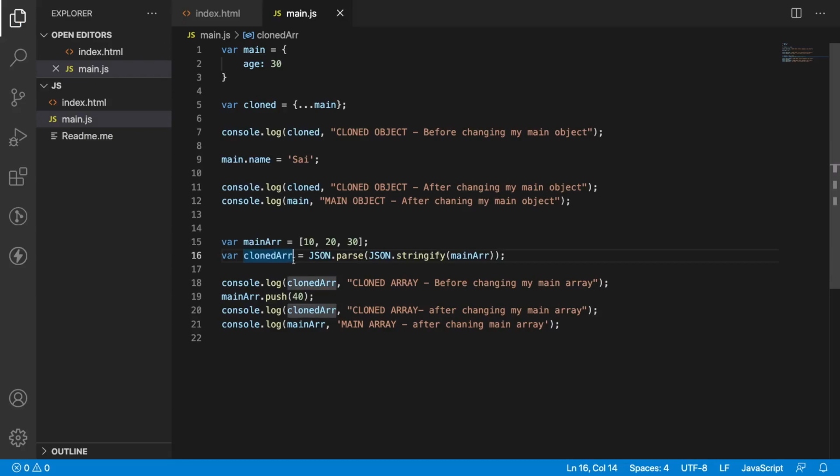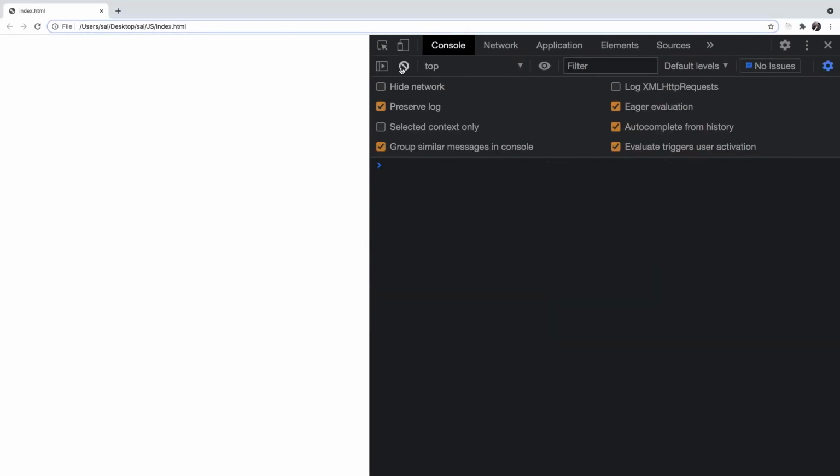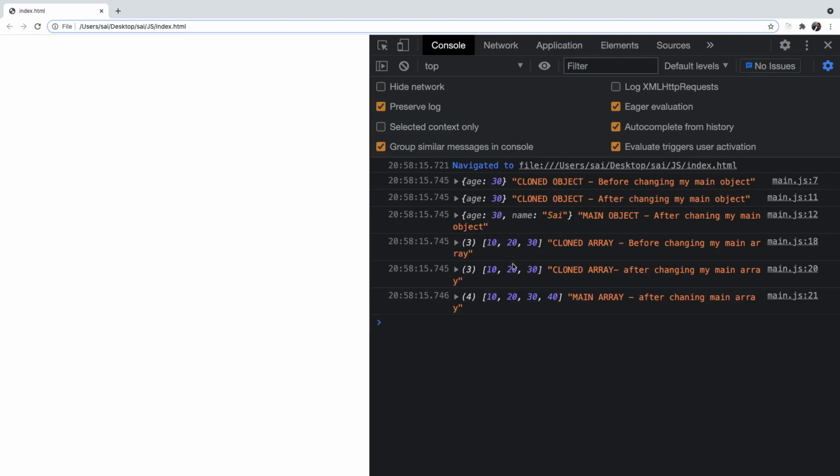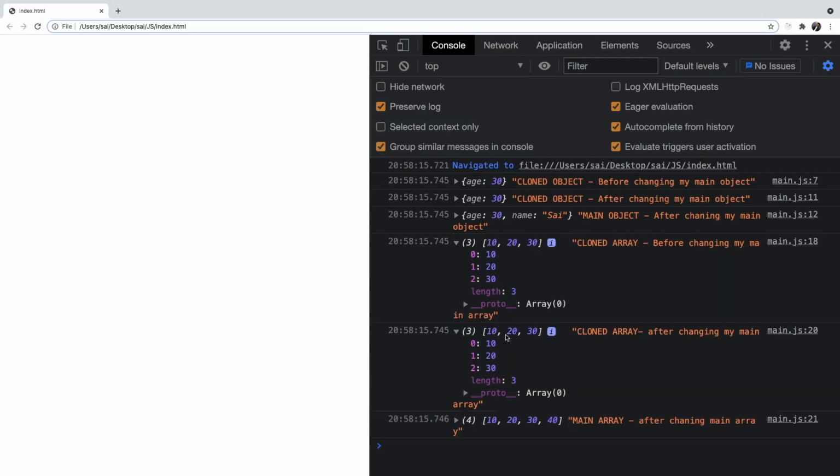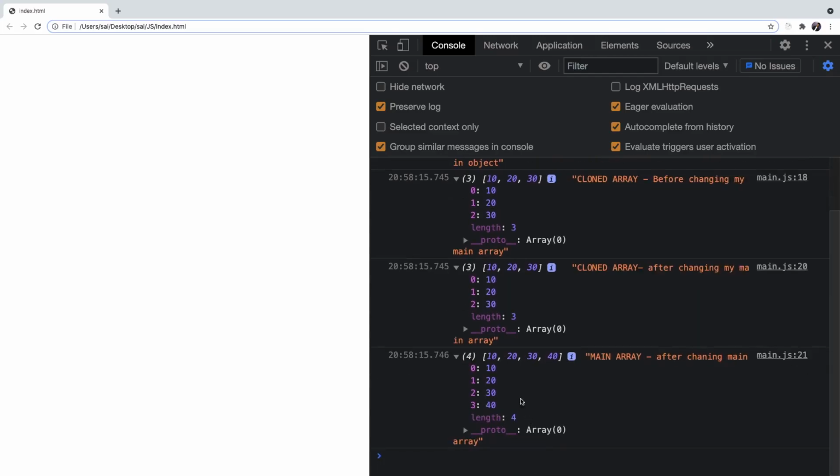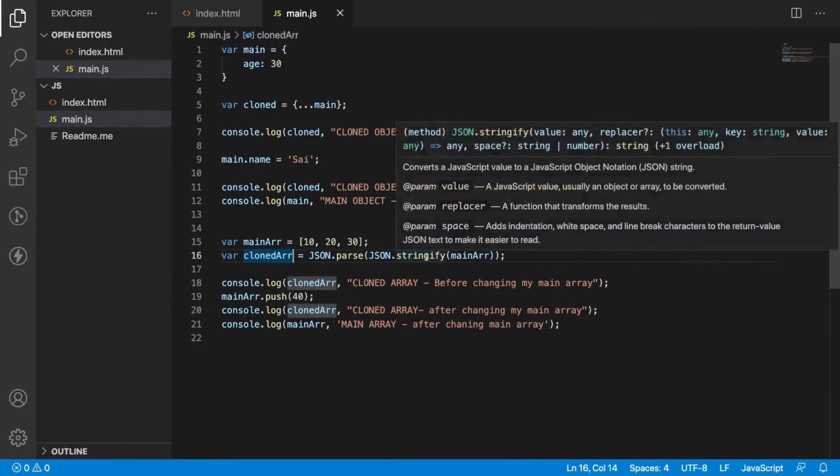So even this should work the same. Let me clear the console, reload. If you see here, my cloned array is not affected, but only my main array has been changed. So this is how JSON.parse and JSON.stringify also work.